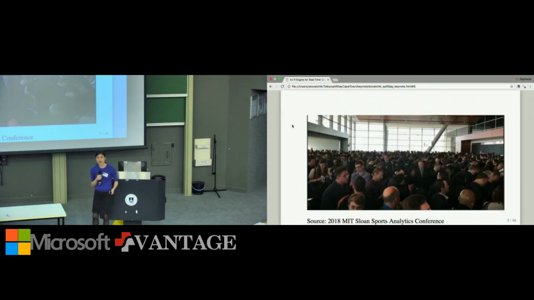We can also see the impact in the job market. So here I've taken a photo from this year's MIT Sports Analytics Conference, Sloan, which has become one of the premier events for sports analytics work. And the crowd just gives you some idea of the great sense of opportunity that there is now in the field. So it's still the case that the absolute numbers of full-time sports statistics roles are small. But the growth has been massive, and I expect that will continue.